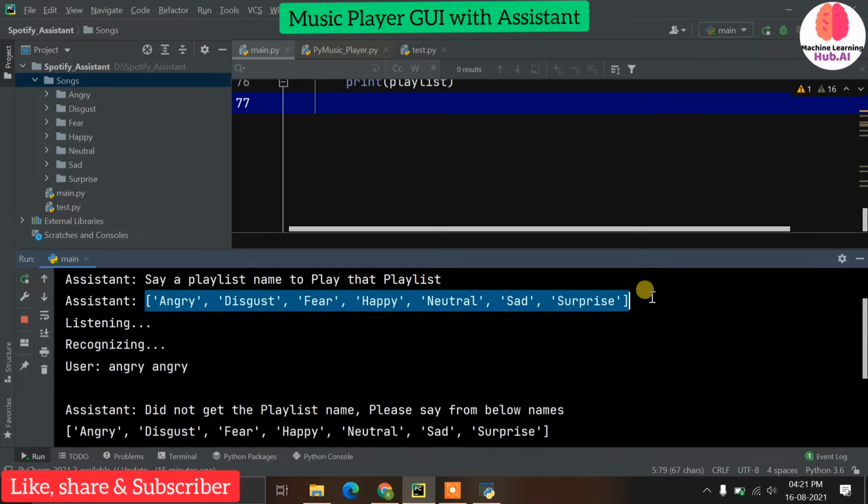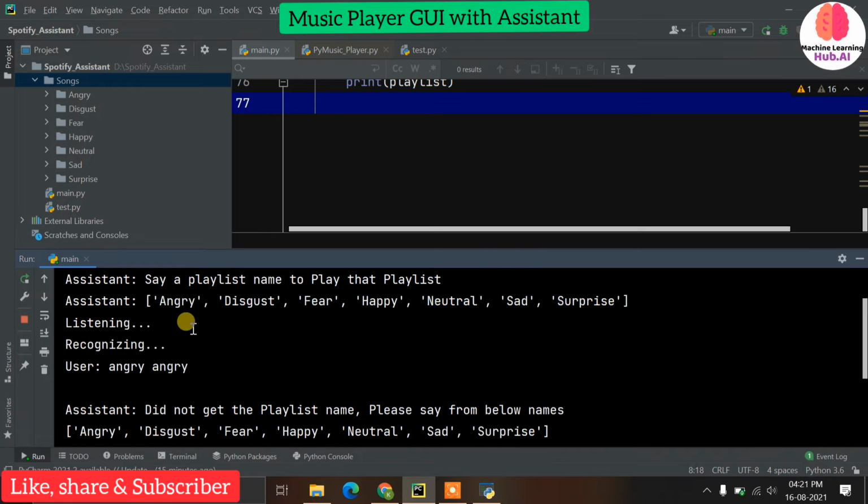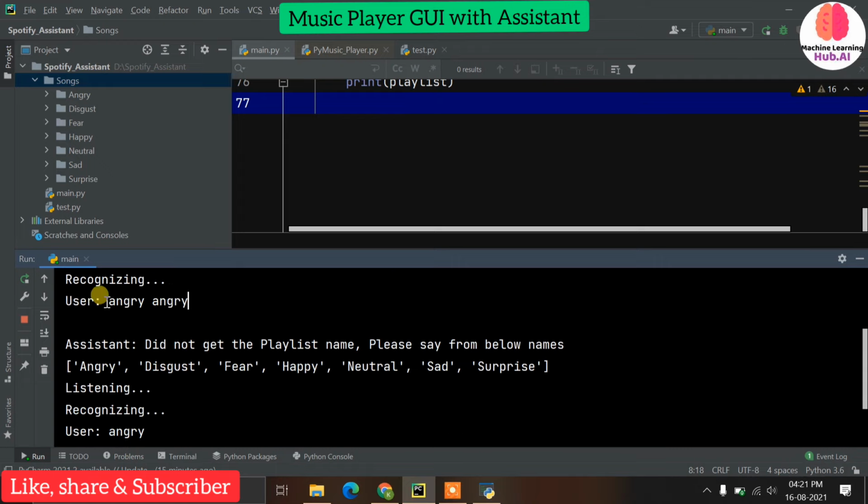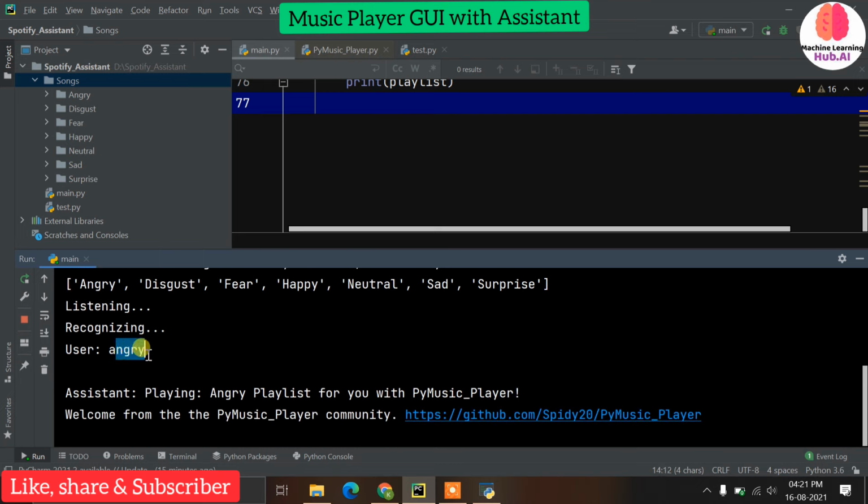folders, meaning the available playlists, and from that you just need to give a one-word playlist name, like angry, disgust, or whatever playlist you have. Actually I tried saying angry twice, and it will not work because I have not done that much pre-processing here, but you can still do more with it. Now when I say angry only once, it automatically launches my music